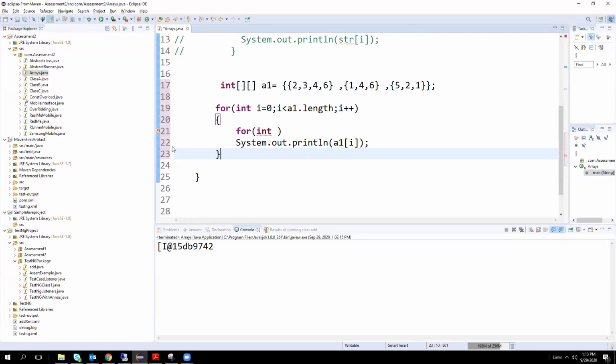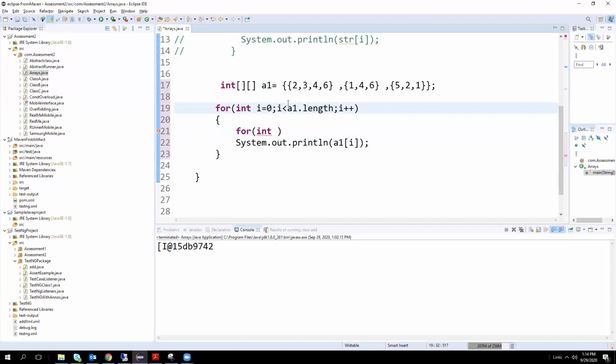In the 19th line, the length method we have used, but there are no brackets. Is it right? It's not like a method for arrays. It's a predefined keyword type, I think. Length with braces would create a method only.